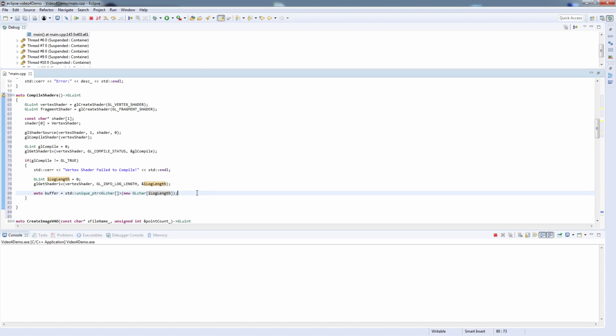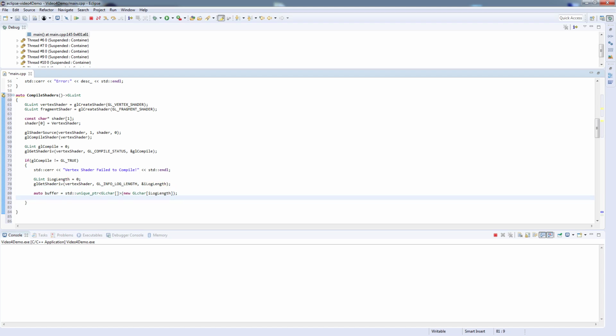So you do not have to worry about managing that resource. C++ 11 really introduced a lot of wonderful helper objects for managing resources. So, alright, now we're telling it we want the log from the Vertex Shader,